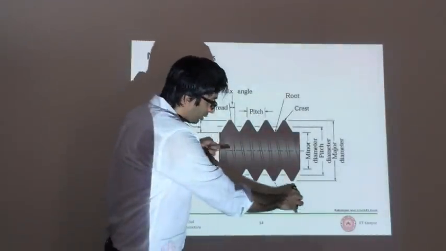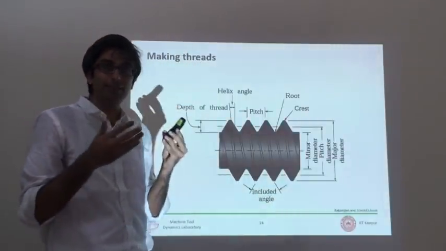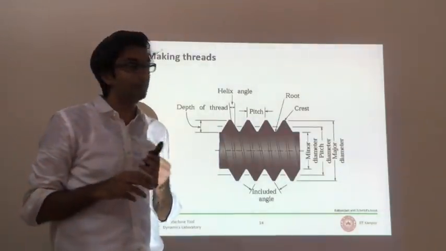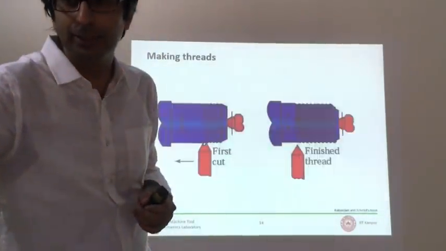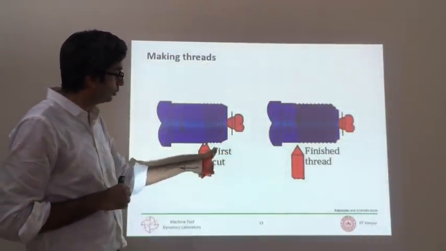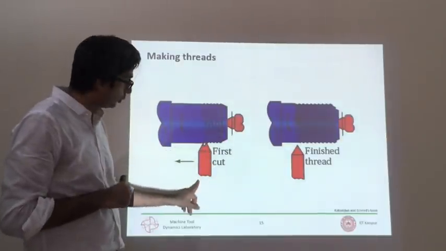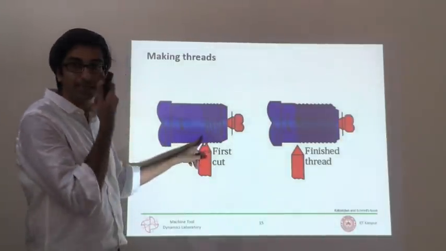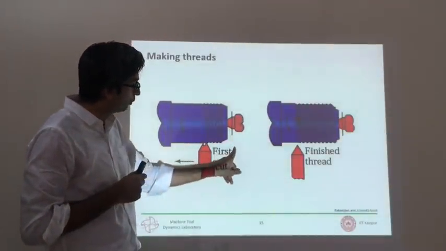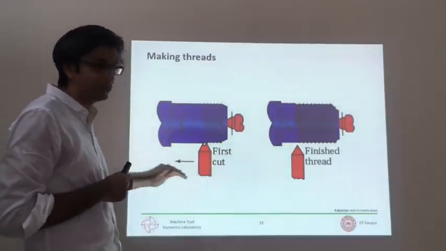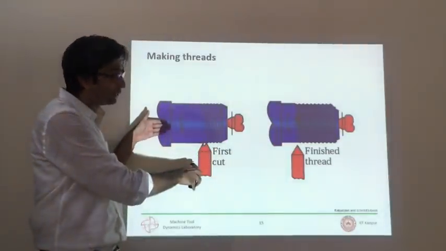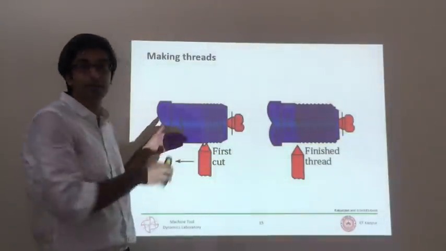So as this rotates, your tool moves. And that is kind of interesting. It's like a dancing mechanism when you see it in play. And it's really nice, and the way it works is, you have multi-pass. In the first pass, what you do is a very low depth of cut, so the plunge inside the workpiece is of a small axial depth of cut. And when you move this, the way you translate the tool is for every rotation of the workpiece, you move one pitch. Only then can you make a threaded profile.